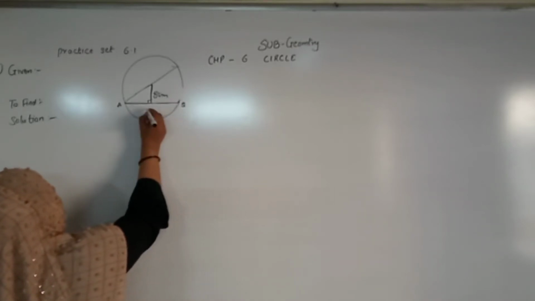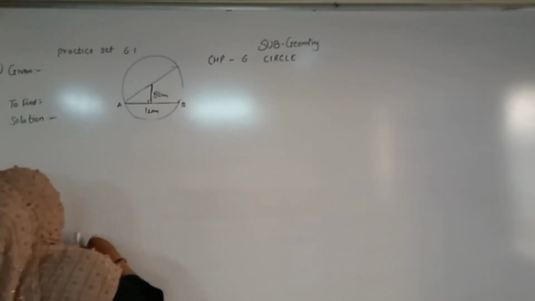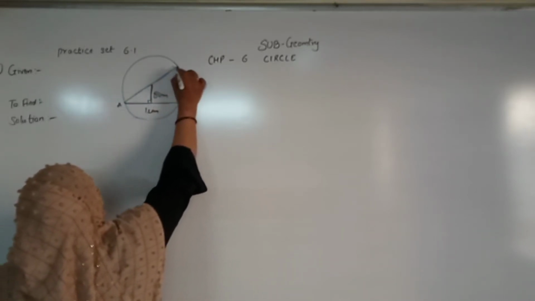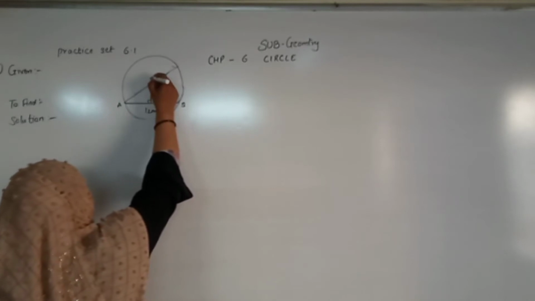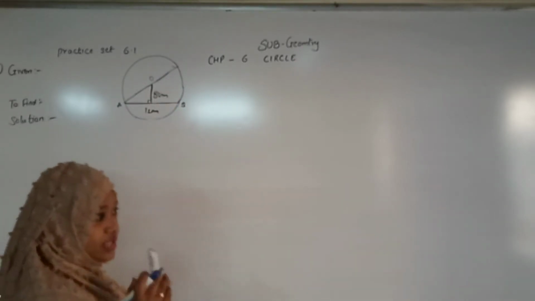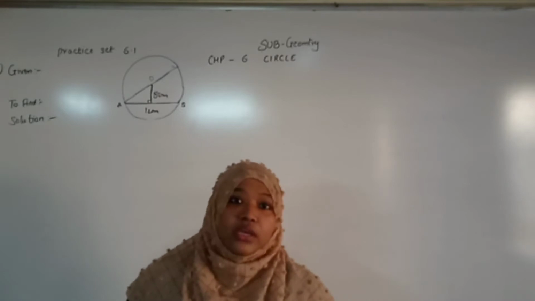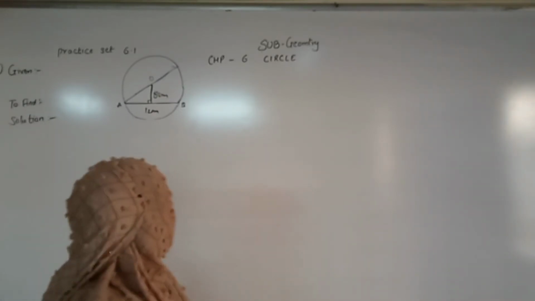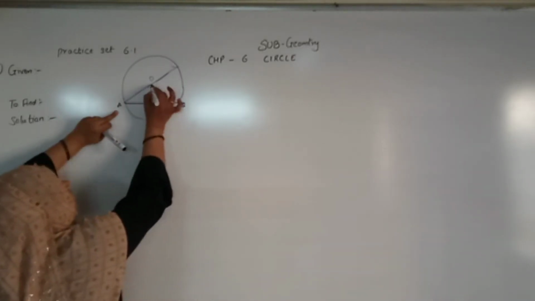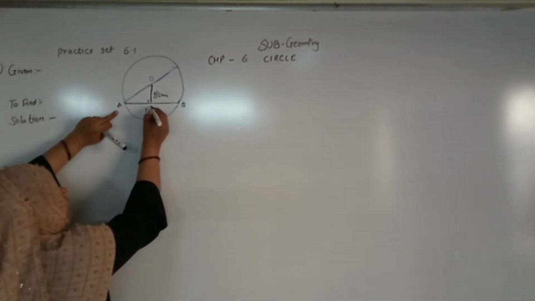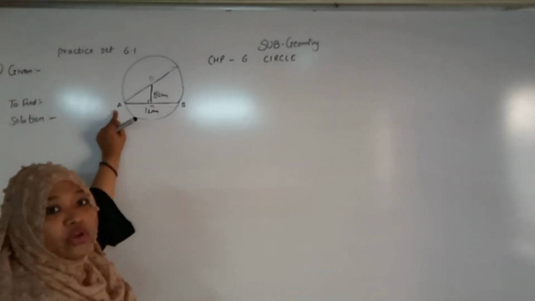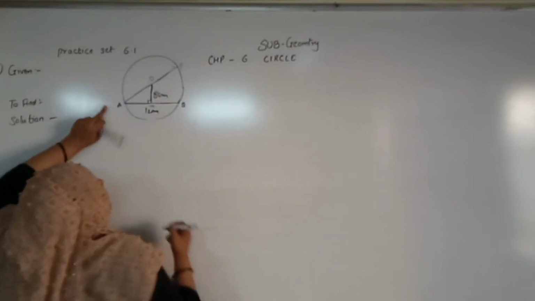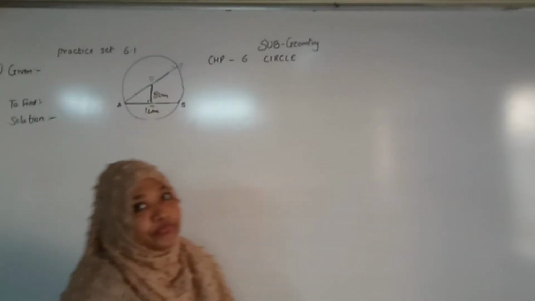Done? Now the length of the chord AB is 12 centimeter. Okay? They ask us to find the diameter. I had drawn the diameter, right? I don't have the center. I am going to take the center of the circle. If the question gives the center of the circle, we can use it. If it is not given, we have to take our own name. Now students, see, A will bisect to whom, so I will take here M. So OM is a bisector of the chord AB. AO is a radius. Here I am taking P. AP is a diameter. Okay.